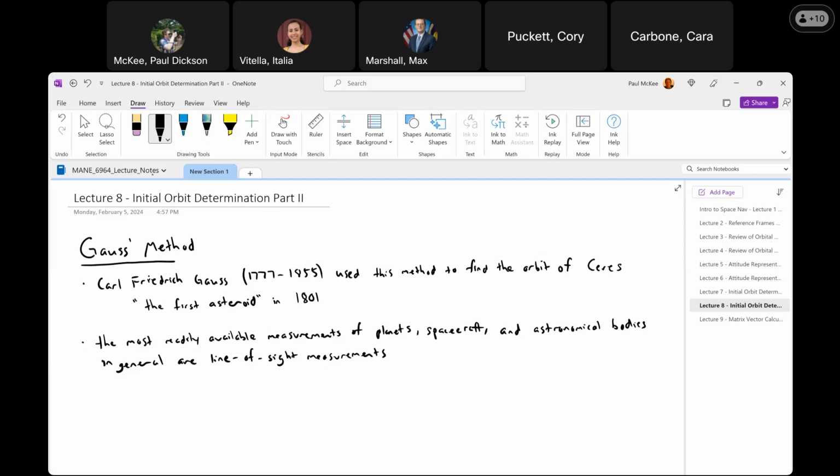Line of sight measurements. So this is, for example, with a telescope or a camera. So this is just putting onto paper what we had said before, right? So initial orbit determination using only line of sight measurements